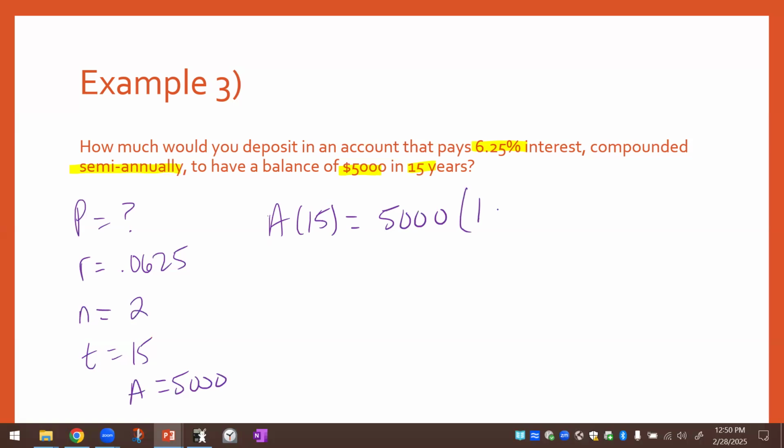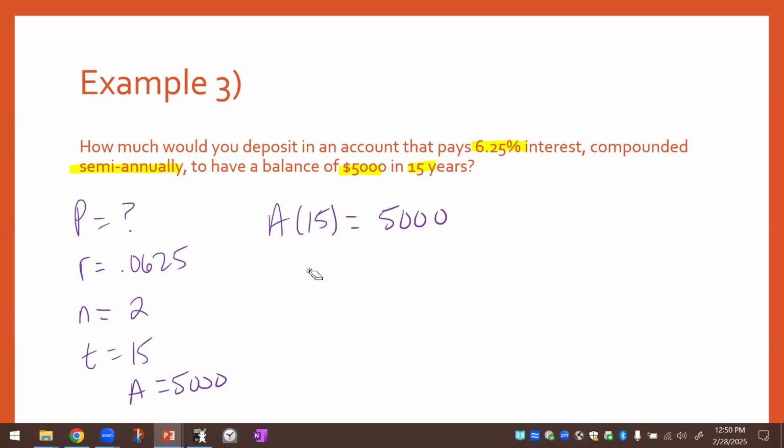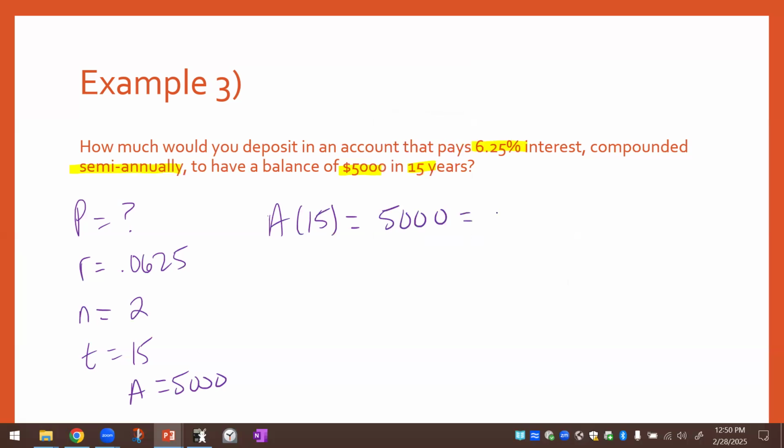So we know that our A of 15, after 15 years, we've made $5,000, correct? Okay. So that's following. I put that in the wrong place. I forgot my equal sign. That was a typo. All right, so we have 1 plus